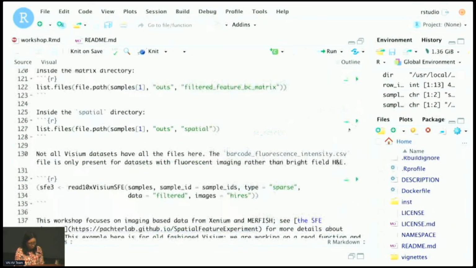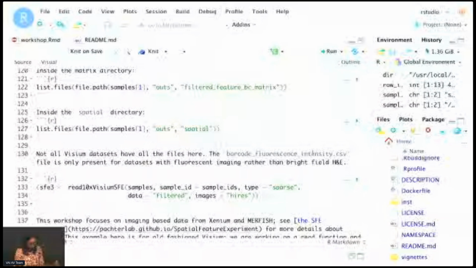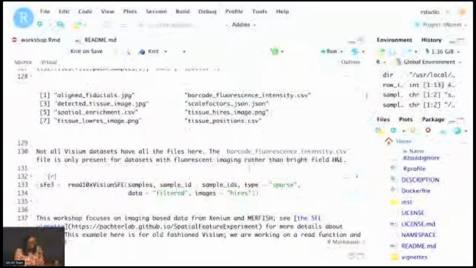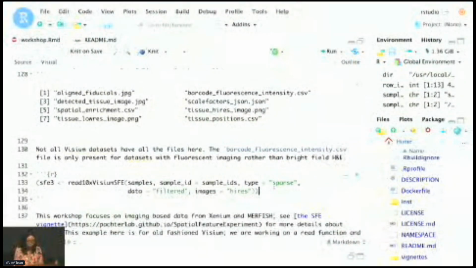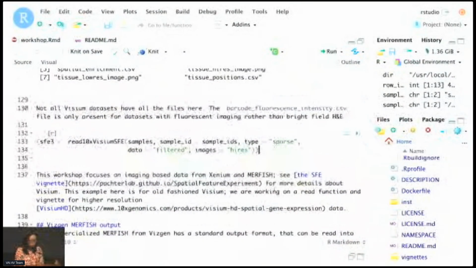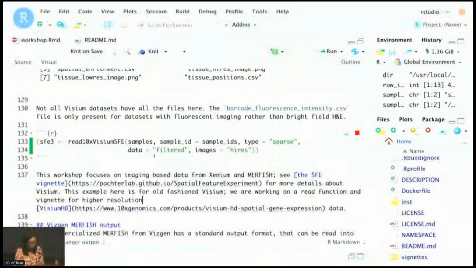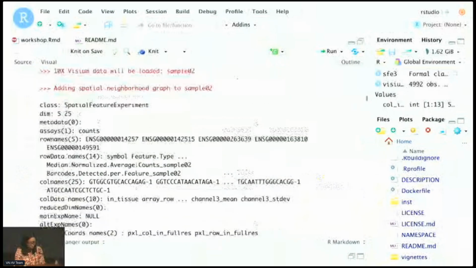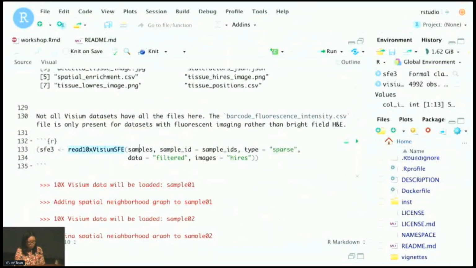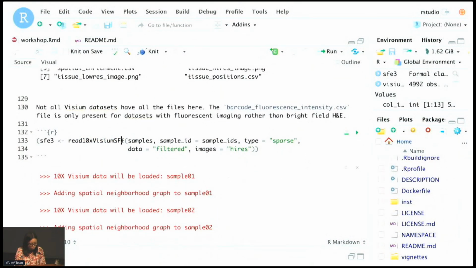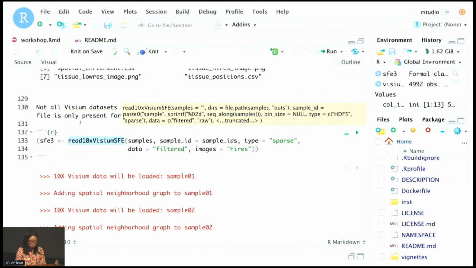But because the example data sets we're using in this workshop are from imaging-based technologies, that's where most of the updates in my packages are about, I'll just gloss over the Visium part. So basically, you use the read10xVisiumSFE function to read the output from Space Ranger. So this will read the output as a spatial feature experiment object.